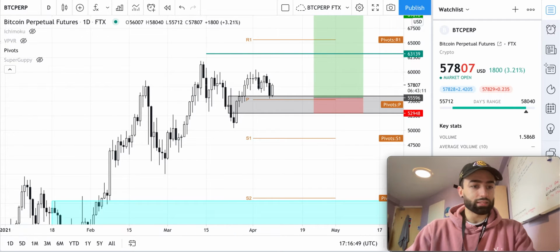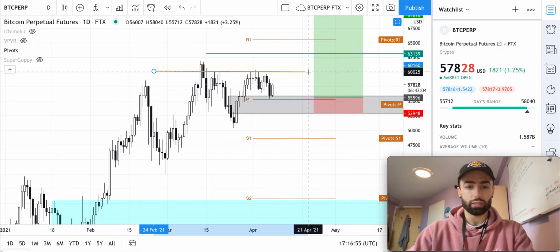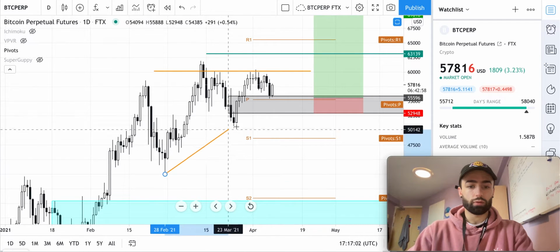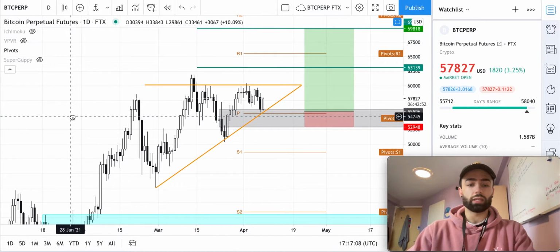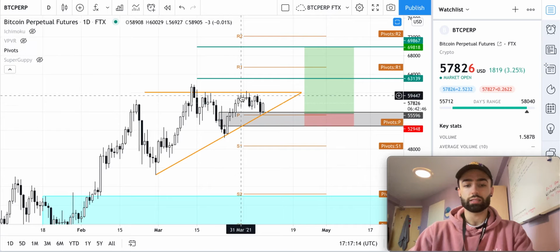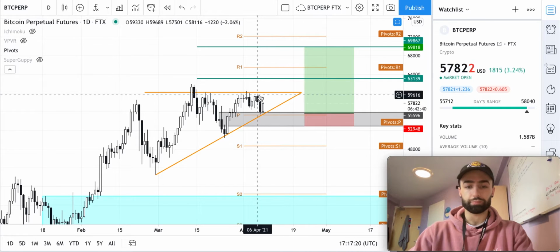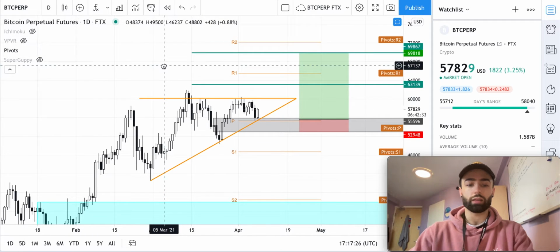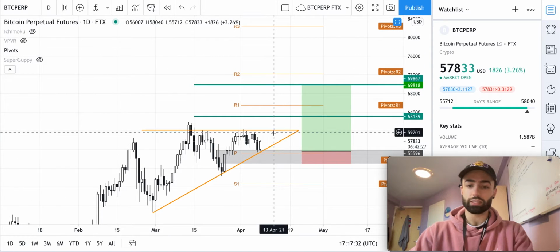Another reason why I like this level is if we look at the trend line that we have coming across right about right there, and coming up from right there, we have an ascending triangle formation right here, and this is a bullish continuation pattern where the price is hitting this upper bound right here but is not making higher highs just yet, and it is making higher lows. So the ultimate target for this pattern, if we do end up getting it to go up, will be somewhere around the 77K level, which might seem a little bit crazy, but